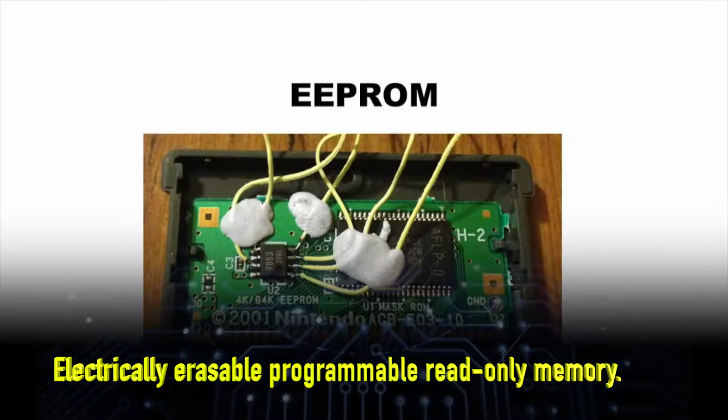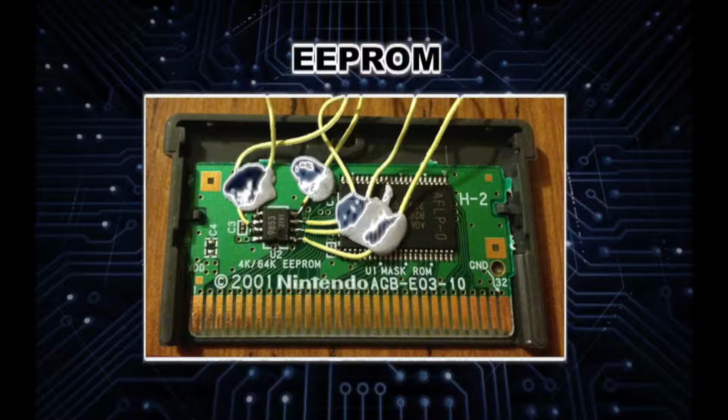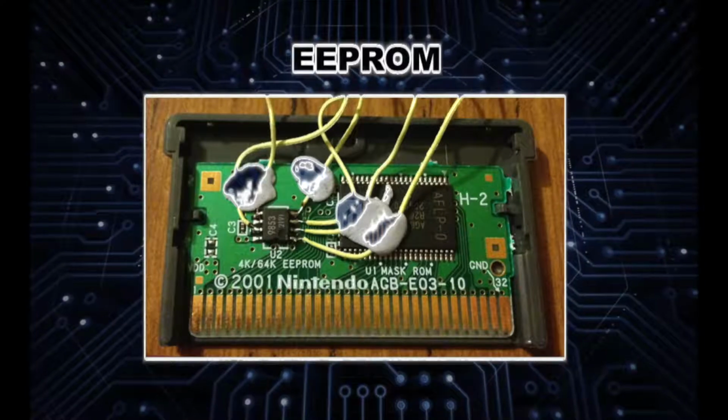Like PROM, you need a special device called a PROM programmer or PROM burner to write to and erase an EPROM. EEPROM is short for electrically erasable programmable read-only memory. A major drawback of EPROM is that the chip must be removed from the circuit for programming and that its entire contents are erased by ultraviolet rays. EEPROM is a special type of PROM